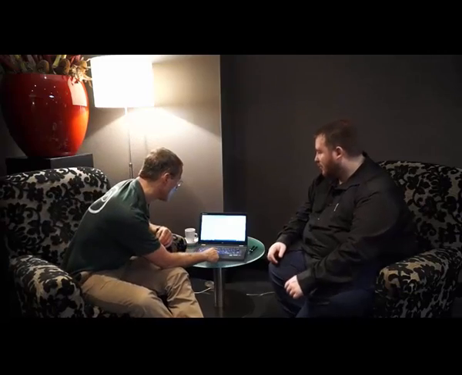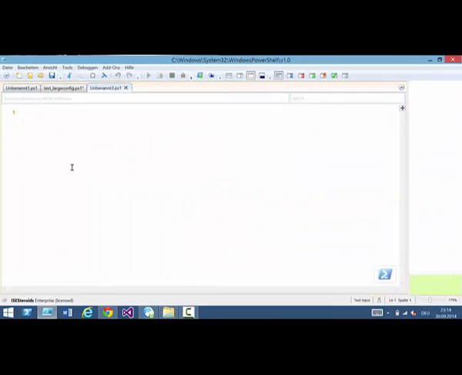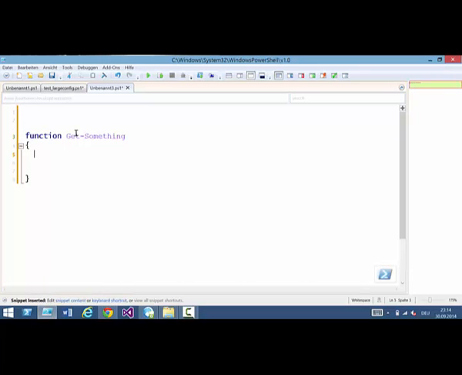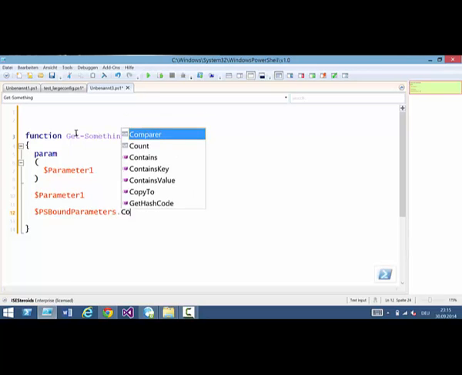Let me show you one thing here. For example, if I have a function, and what you also have in ISESteroids are snippets, so this now turns a different color, which indicates you can type on, but when you are at this point, you can press tab and get insertion of snippets, and then let's put in a parameter block and put in one parameter like that. And I'm using it here, and you see automatic indenting when I press enter. And let's say PSBoundParameters